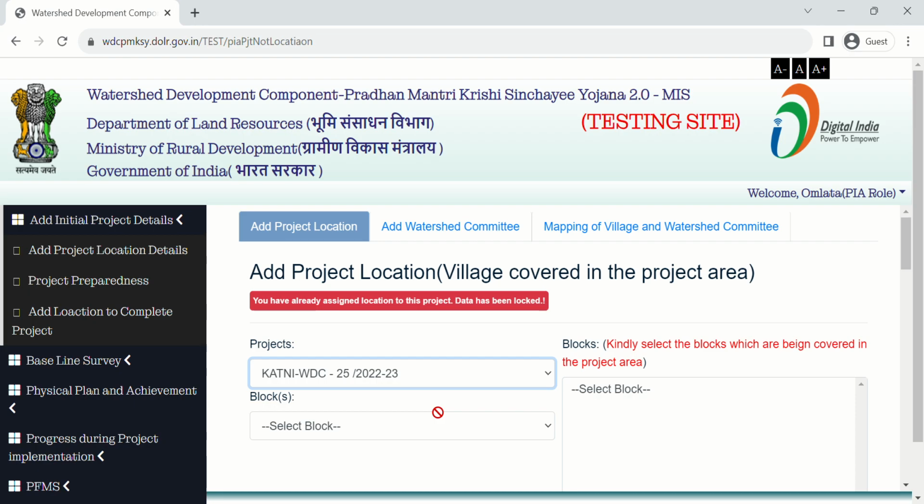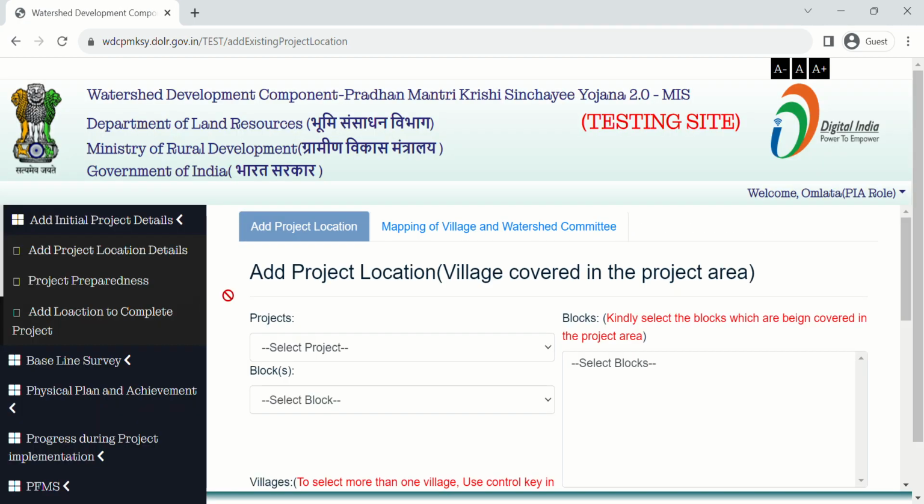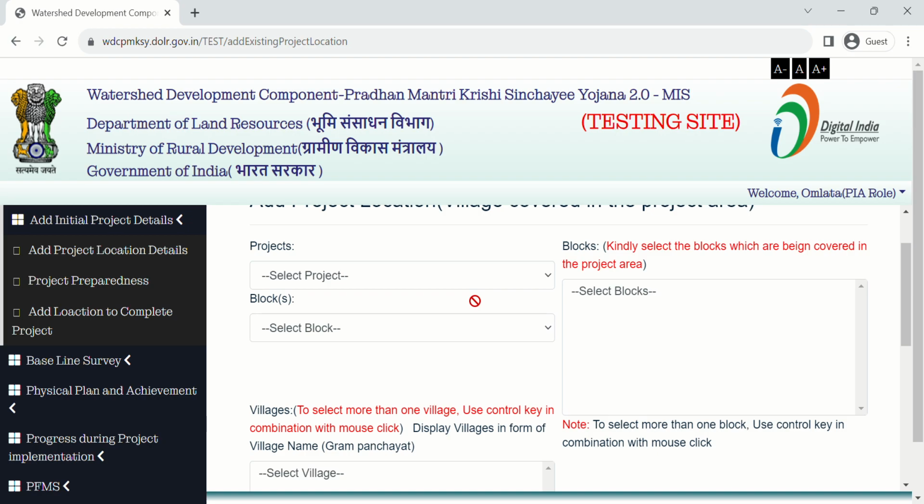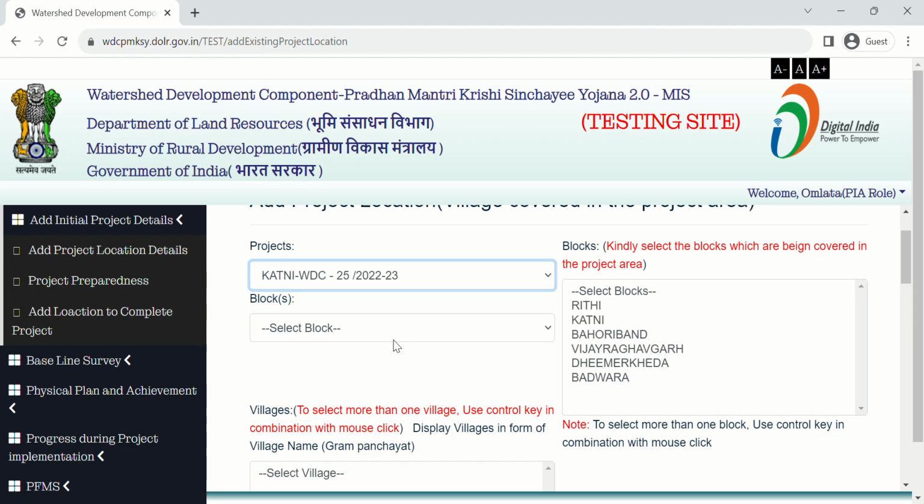However, in case you want to add a new village related to this project location, you have an option in the menu, add location to complete project. So click on add location to complete project. Select your project name and select the blocks which are being covered in the project area.